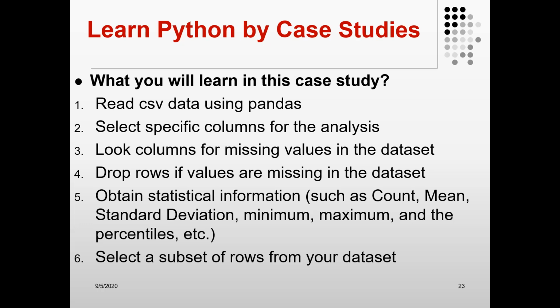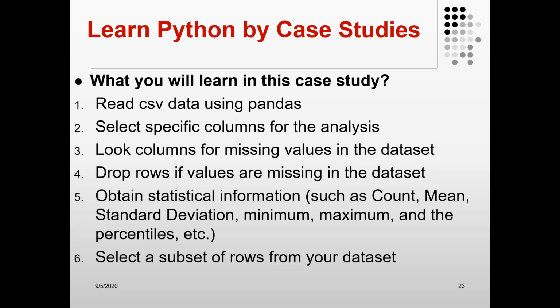In our first case study, we explained what rows with missing values are, like rows with NaN values. We also see how to find some statistical information, for example the count, the mean, the STD, which is standard deviation, and the minimum or maximum of the data for a column.